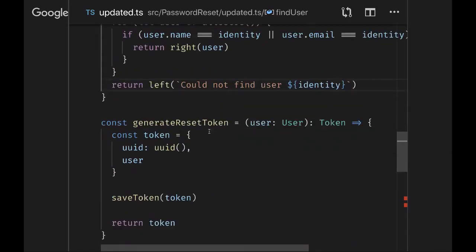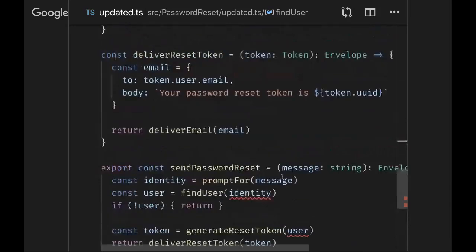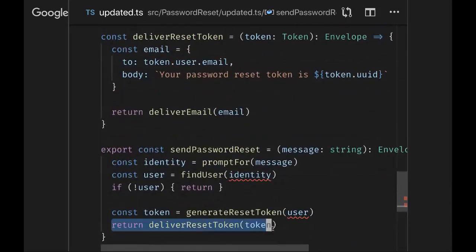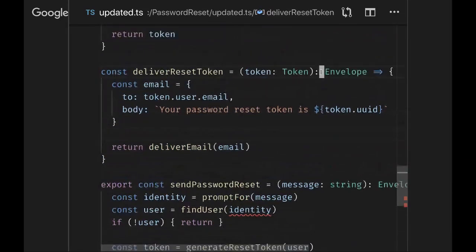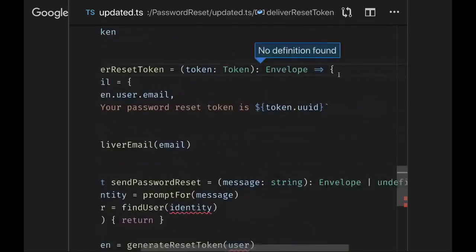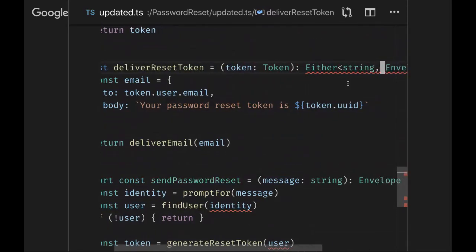Generate reset token, like I said, we probably should worry about state token failing. I'm not going to. I think one thing I didn't worry about at all here, but probably should. This deliver reset token talks to an external service that could be down, right? Like I can throw an error. So let's say deliver reset token also returns either string or envelope.